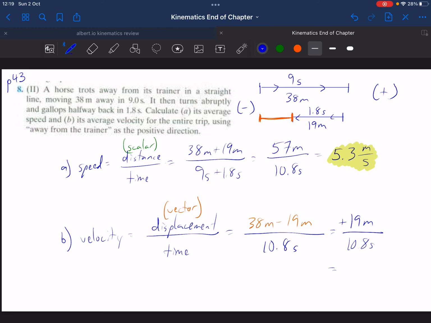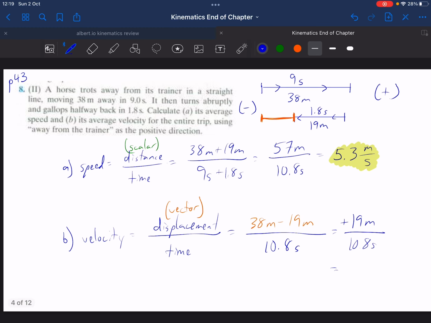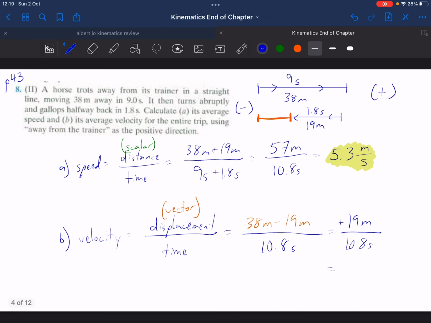And now if we work this out, I think it'll be about half of the one before. We get about, it's more than half, 1.76 meters per second. I'm not too picky on rounding, as long as your answer is close. Round to a few decimals. Okay, so we can see here that our velocity